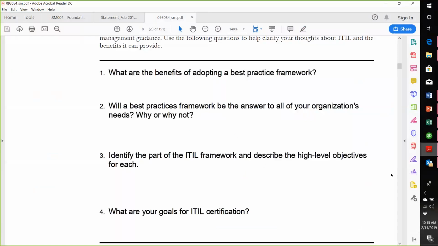Make sure that they understand the two core parts of the framework and kind of why we have them. And then maybe ask them personally for them to think about their own goals. You know, for a lot of your students, this may be, well, I'm in this foundations class because my boss said I have to go to this, right? And they may not have any realistic understanding of even why they were sent to training in the first place.